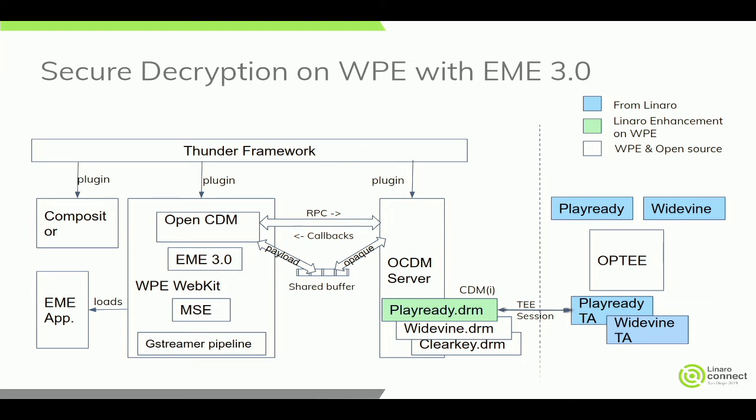WebKit has a Media Source Extensions implementation and an Encrypted Media Extensions 3.0 implementation, and it has a GStreamer pipeline internally for video playback. And it has an OpenCDM implementation along with the WebKit. And separately, the Thunder framework implements an OpenCDM server that can interact with the